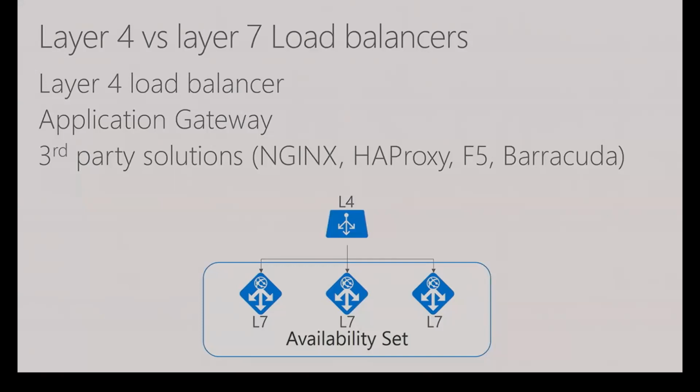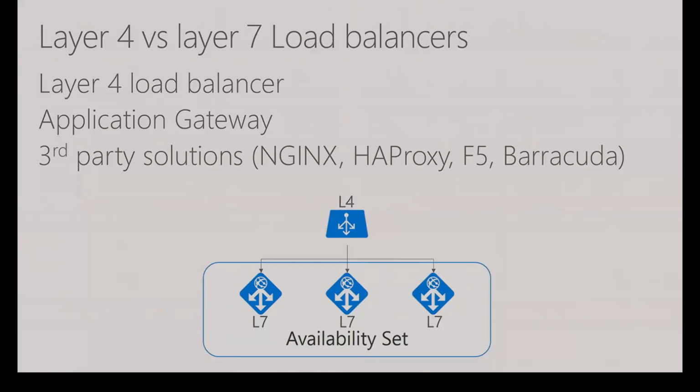But there's things it doesn't do. A lot of times people want a layer 4 load balancer, or they might want a layer 4 load balancer in addition. So if you want an HTTP load balancer, something like Application Gateway, we'll do things like SSL offloading. Now remember, SSL is only there for HTTP, so it's not there for all your different packets. And so you need to understand that you can do that SSL offloading. Application Gateway is the way to do that, and that's a layer 4 load balancer.